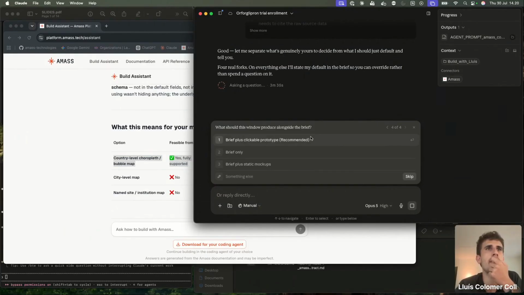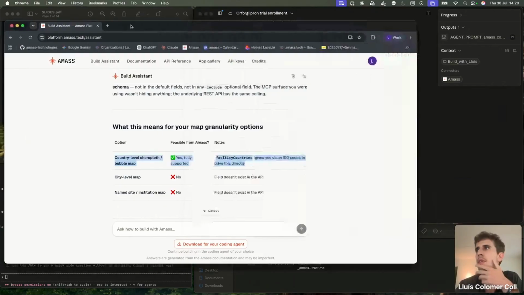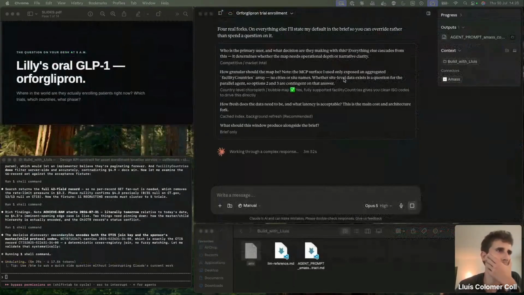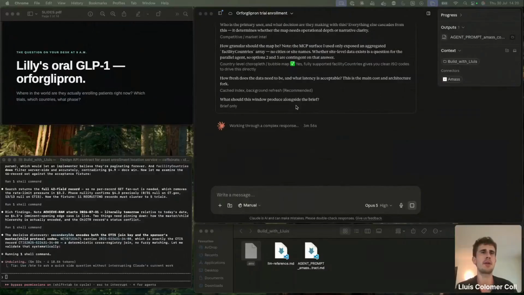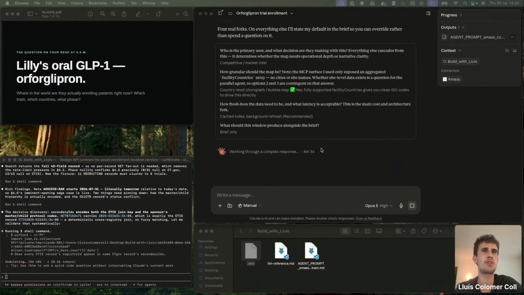Yes, let's take the recommendation option, and then let's brief only, because we want the brief and then we want to delegate that to Lovable. So let's specify that here. And we can see that now this is going to start writing the brief. Here we're still documenting how the API works. And then soon it's going to be the moment that we move all that to Lovable and we start building the app.